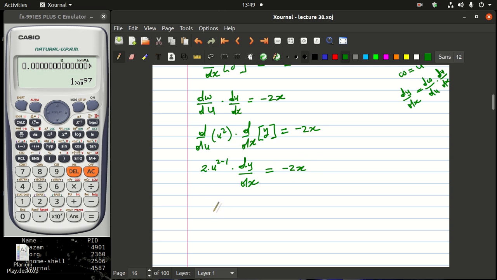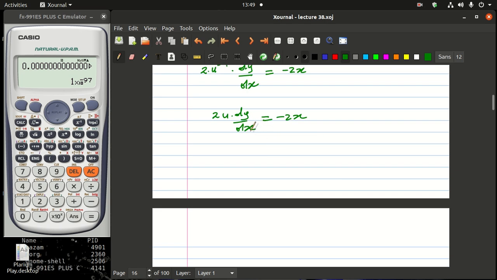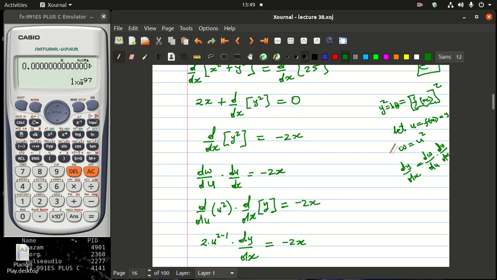And then if you look into this, this is going to be 2u times dy dx, which is equal to minus 2x. And if you proceed here, you'll find out that my dy dx here, I can divide on both sides by 2u, so I'll end up having minus 2x divided by 2u, which is the same as, 2 and 2 will cancel out, minus x divided by u, which is the same as minus x divided by, what was my u? My u here was actually our f of x, which was the inside function,